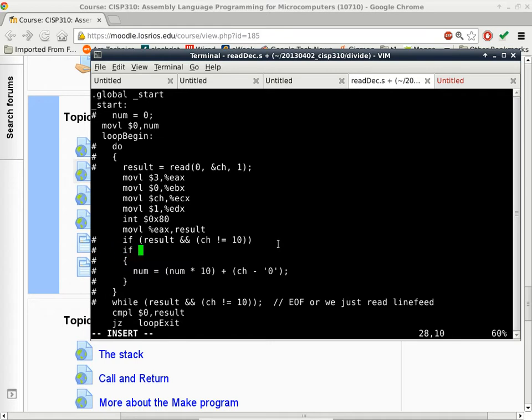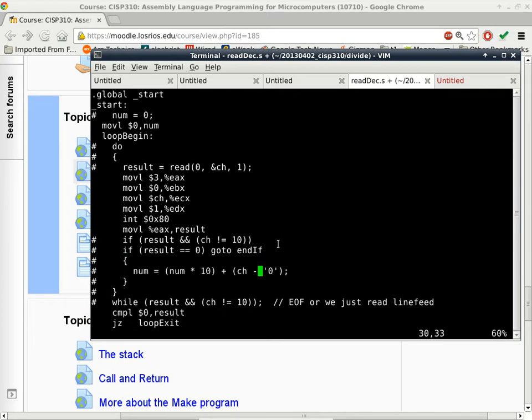We need result to be non-zero and the character CH to be not 10 in order to perform the then branch, which basically means if result is 0, okay, let me just write it exactly the way I said it. If result is 0, we can go to a particular label, and in this case, because we only have one if statement,